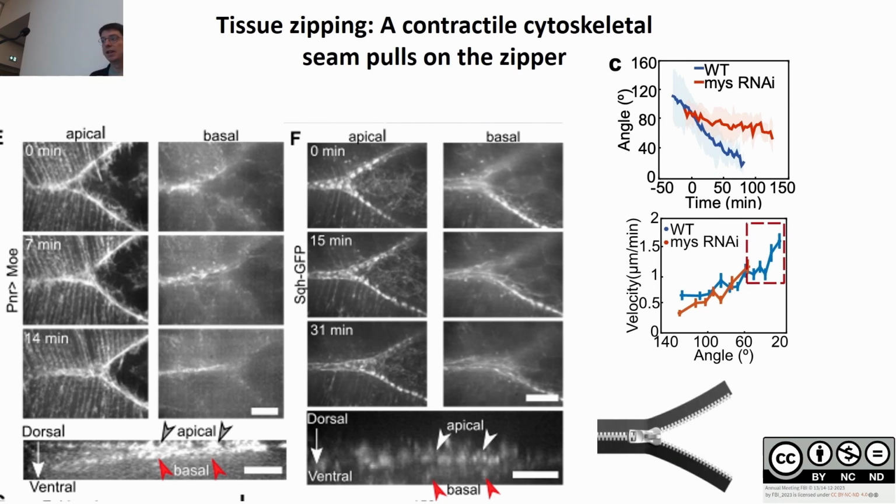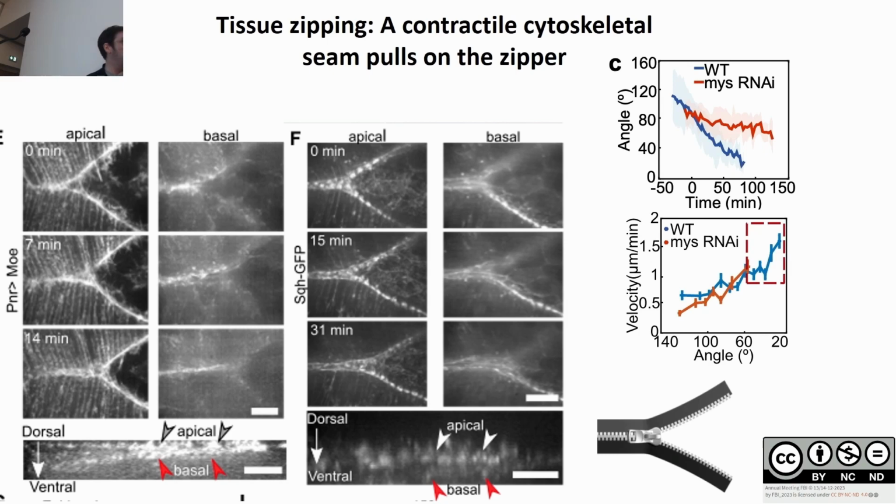So what I told you is basically that it works like a zipper. If you want to zip your jacket, you pull at the bottom to bring the leaflets together and then zip up. So basically, the biology is doing the same. It pulls down and then it brings the thing up.